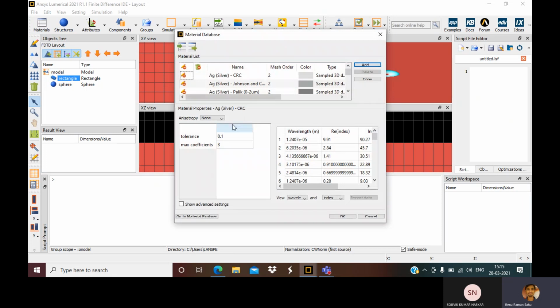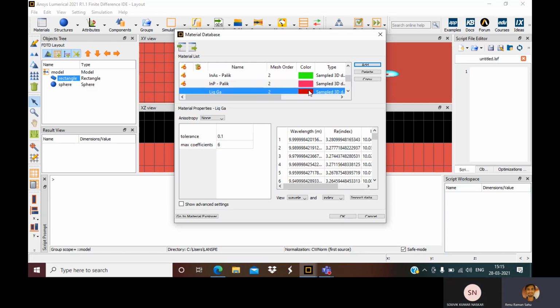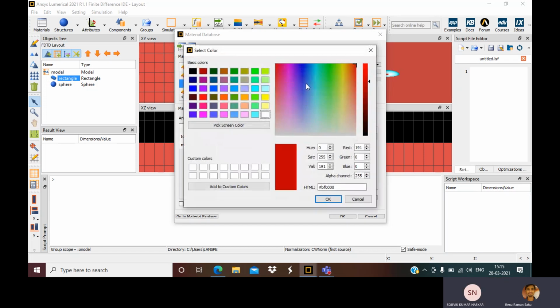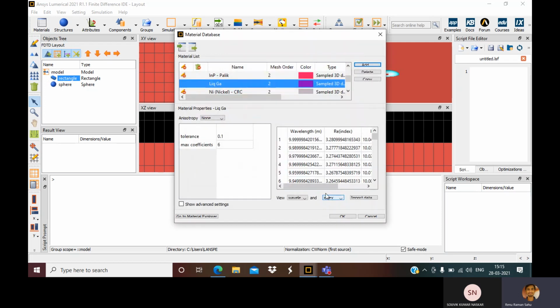What else can we do here? We can check liquid gallium. Let me change the color, because silicon is also almost red. Let me put it blue or some different color just to make it identifiable.